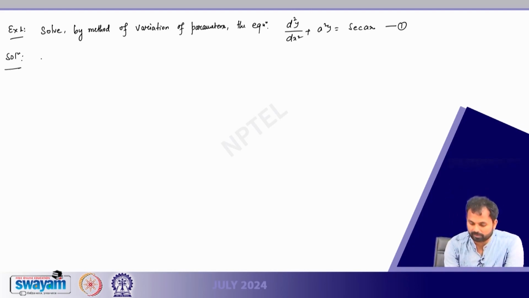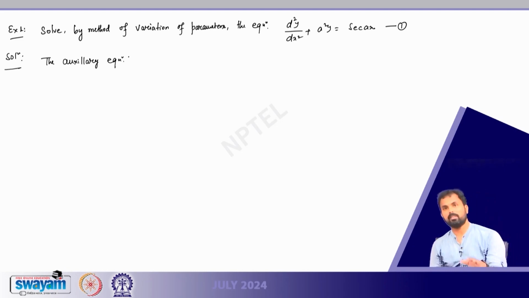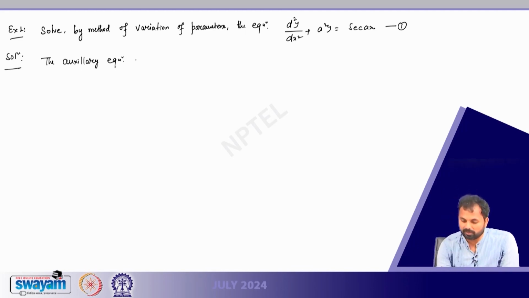the complementary function, or the auxiliary equation, let us write everything. By the way, this can be solved by using the D operator technique for a second order equation with constant coefficients. That method will always work. It's just that here we are specifically choosing the variation of parameter technique to solve it, right. So the auxiliary equation corresponding to 1